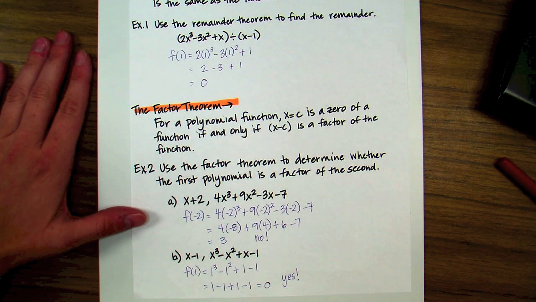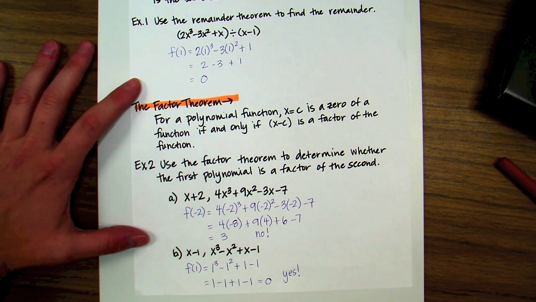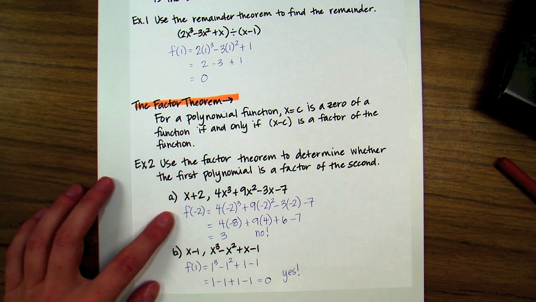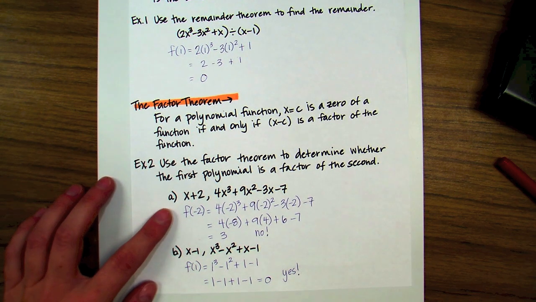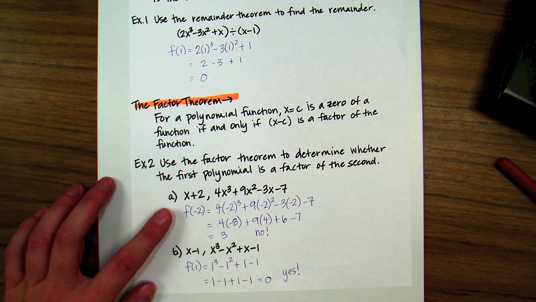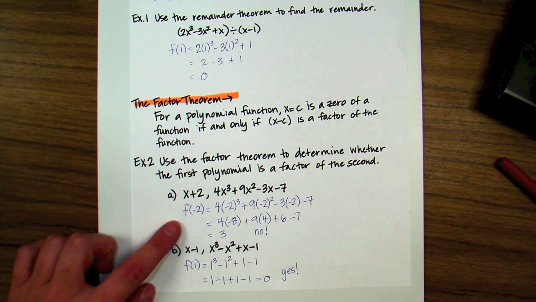Okay, so we've got that example 1. It says use the remainder theorem to find the remainder. We're given 2x cubed minus 3x squared plus x divided by x minus 1. So this says if we plug that 1 into our first polynomial, which will normally be our function f, and we get 0 out,